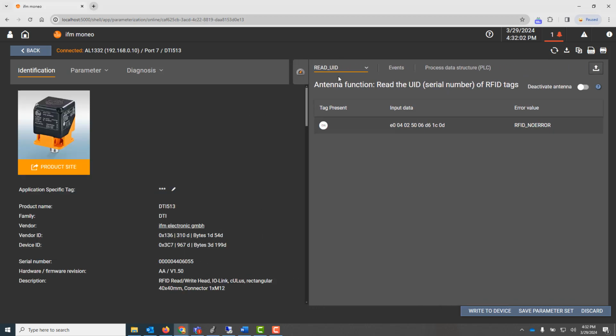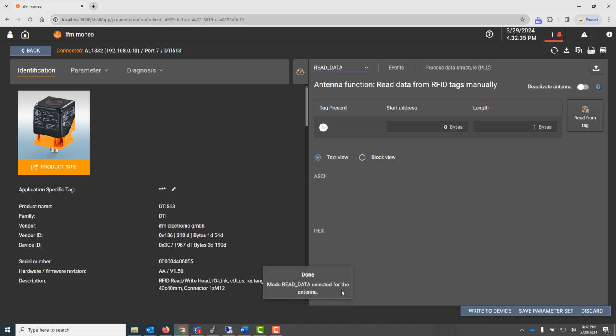You can see here that the DTI is already set up into read UID automatically by default, and you'll see some input data. What we're going to do to test out the antenna is select the read data mode from the drop down here. Once that's selected, you'll see it will push the change to the DTI, and once it's inside that mode, now we can come up,